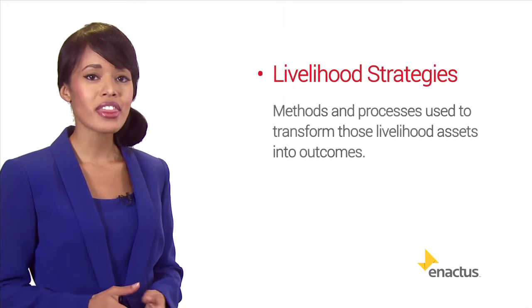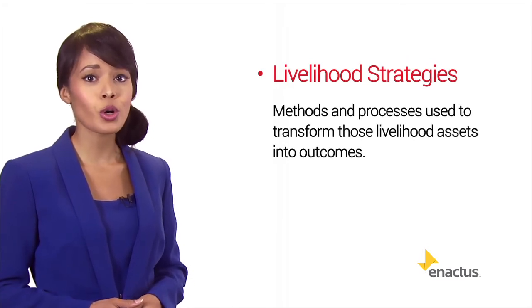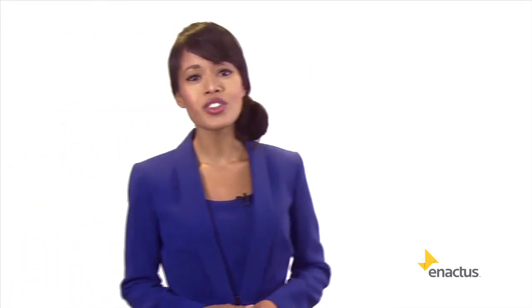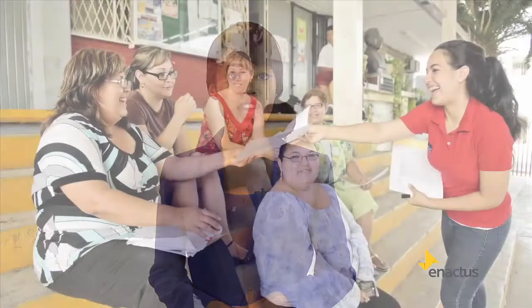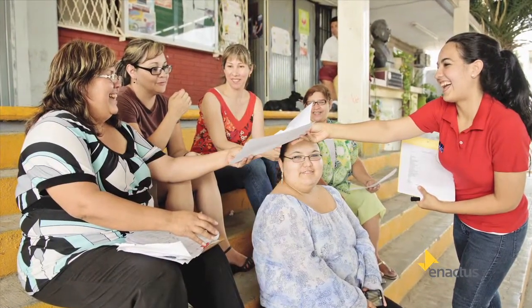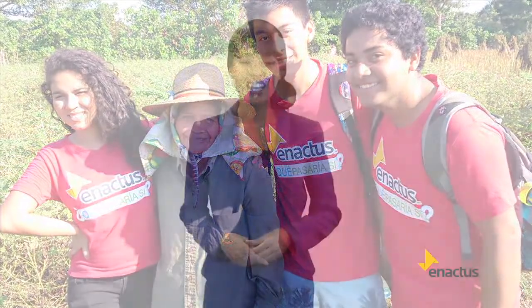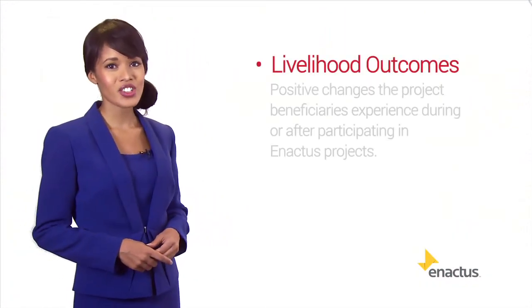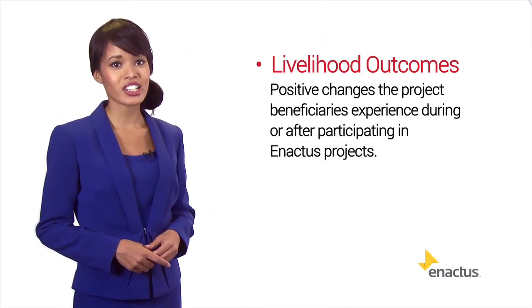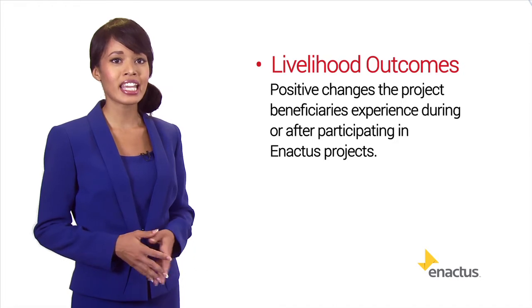Livelihood strategies are the methods and processes used to transform those livelihood assets into outcomes. Successful Enactus projects investigate the livelihood assets and strategies currently being used by the target audience during the initial needs assessment. Teams should then work with the target audience to take an entrepreneurial approach to improve the current strategies or develop new, sustainable strategies. Livelihood outcomes are the positive changes the project beneficiaries experience during or after participating in Enactus